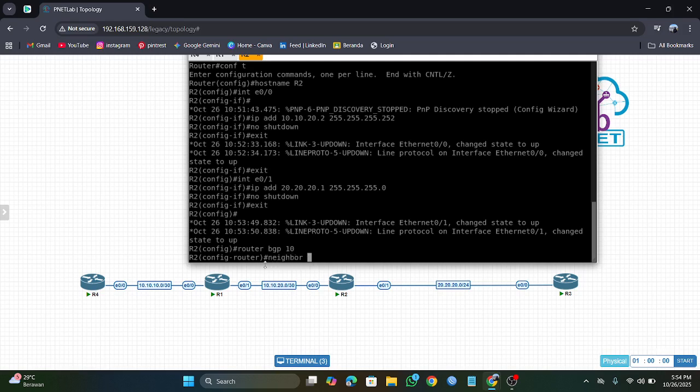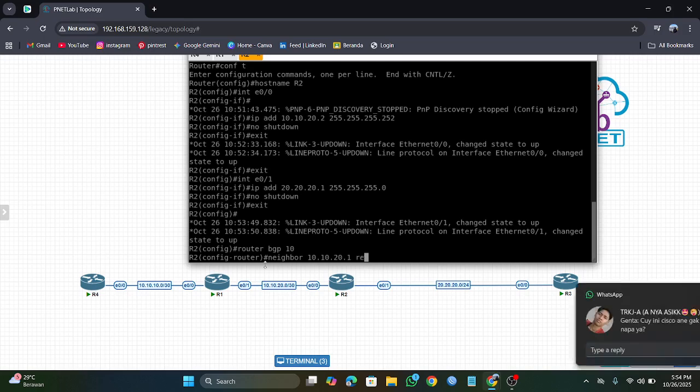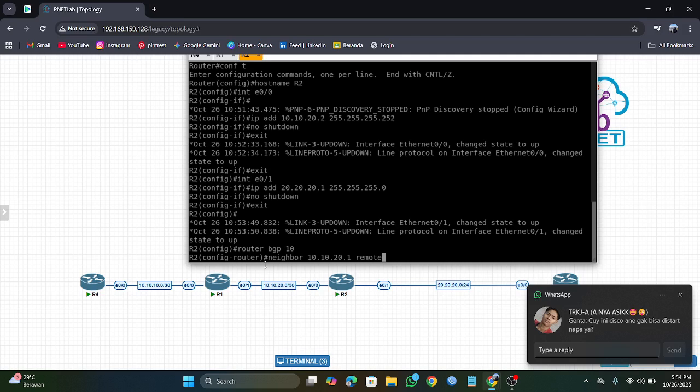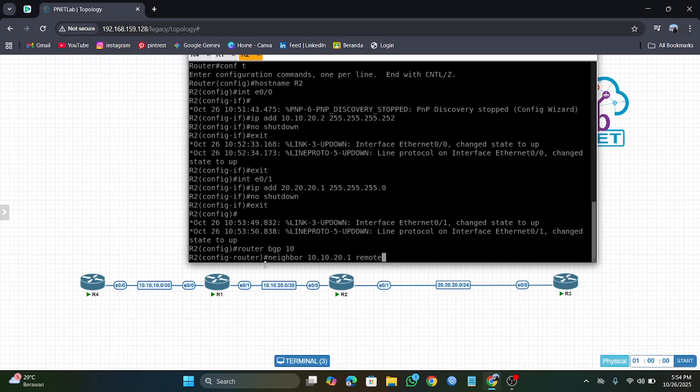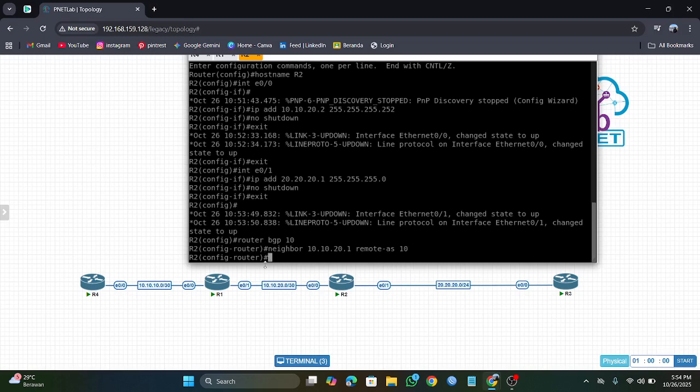Neighbor, then 10.20.1, remote AS 10. Enter.